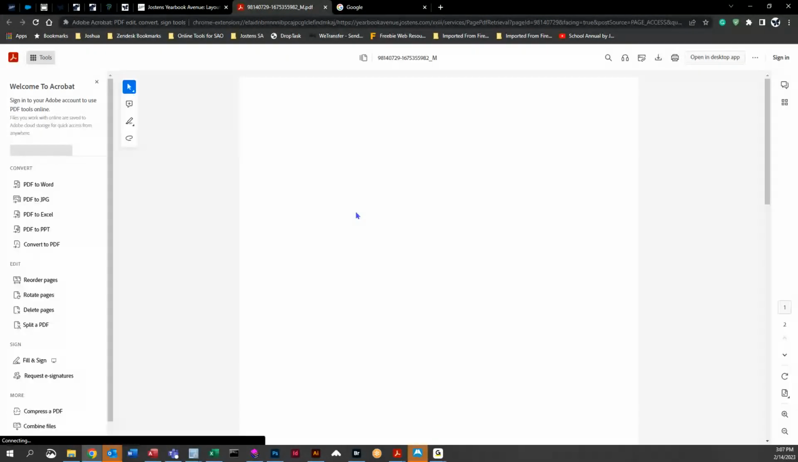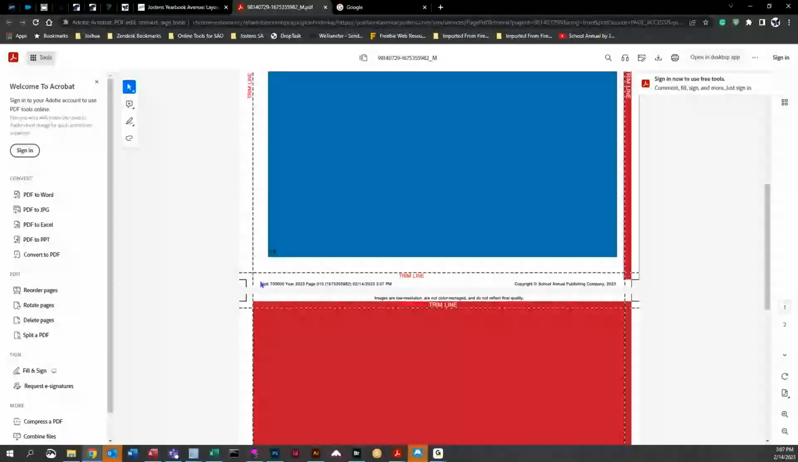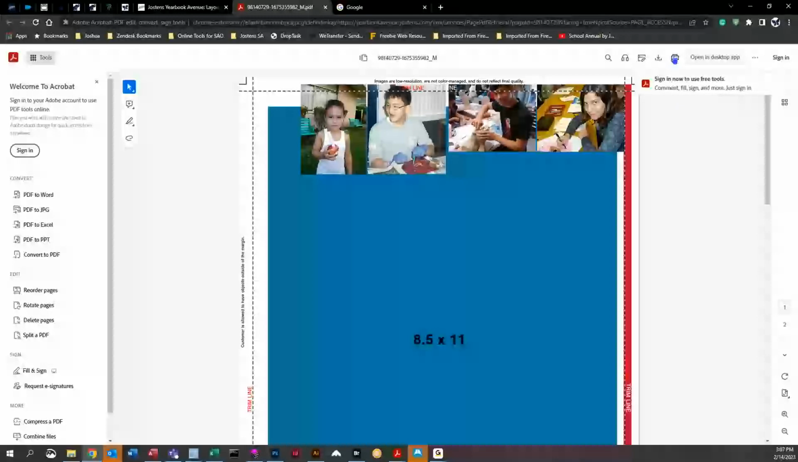You can view it as a PDF, and here it will show you not only what it's going to look like, but it also gives you the trim line as well. So you can get an idea of just how much of the page is going to be trimmed. If you do go to print this page,